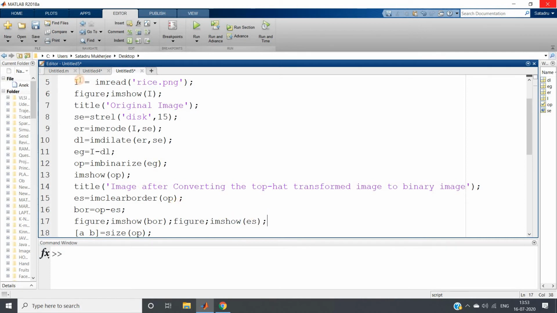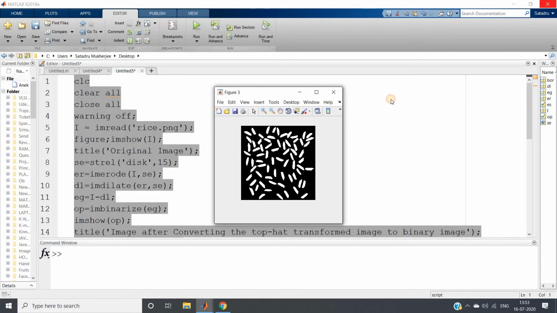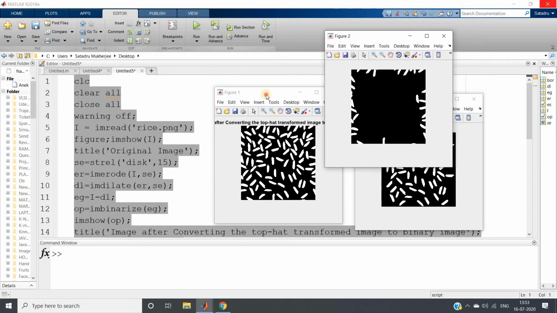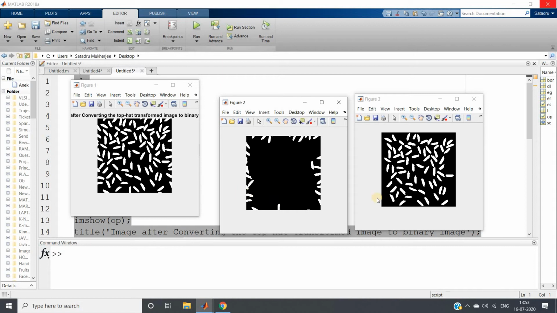Okay, so if I run this whole code, see how beautifully we have already segmented our original rice image into two different parts. One is those rice particles which are not connected to the border line, and one is those rice particles which are connected to the border line. Okay, so if you observe, some particles are not directly connected with the border line, but see this particle, it is connected with such a rice particle which is connected with the border line, so those are also detected. Okay, for the time being, no problem in that.